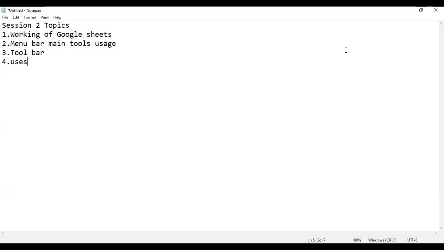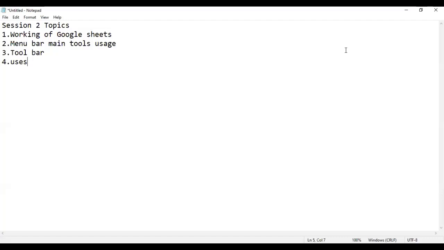Step by step I'm going to tell you how you are going to work with Google Sheets. As I told you, Google Sheets is nothing but a simple online spreadsheet where you can manage the data, handle the data, and perform several operations on the data, right?